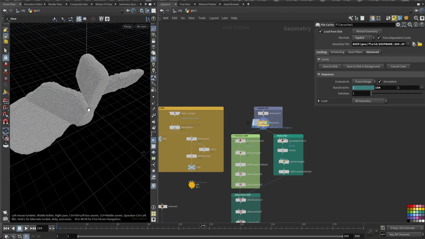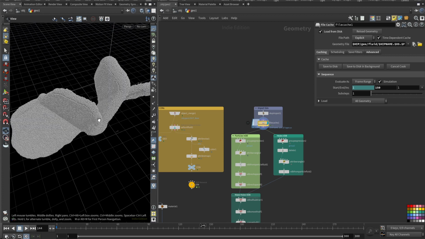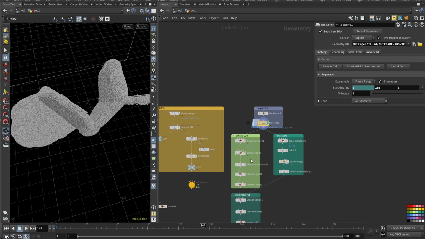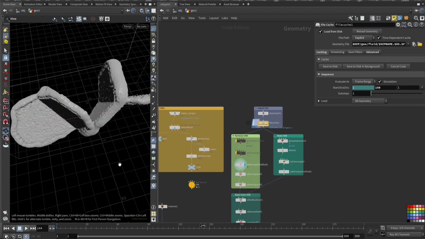Now a few things about meshing these. For this, I think we can go with a VDB from particle fluid, which for me gives a bit better results than VDB from particles or VDB from anything. But I want to add a bit more texture, because right now, look, if I just select VDB from particle fluid and wait a few seconds,